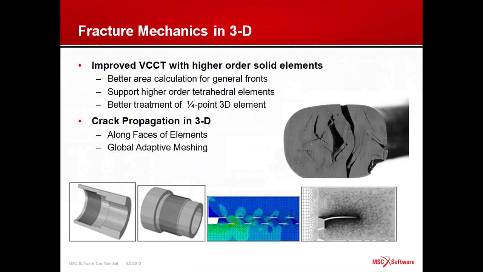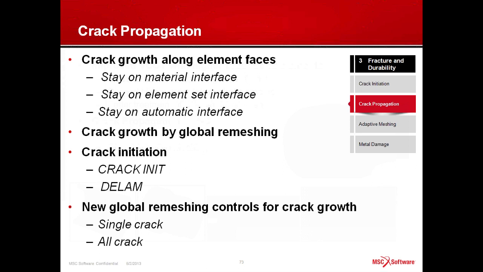The second thing we did in terms of fracture mechanics is we improved the process and the accuracy of using VCCT with higher order elements, particularly with tetrahedral elements, so that we get a more accurate solution. And then we've introduced these two methods for crack propagation in 3D. One is cracking along the faces of existing elements, and the second, which is the more powerful, is global adaptive meshing. So when we crack along element faces, we can do some specifications. We can say, just crack and base it on the direction of the VCCT,